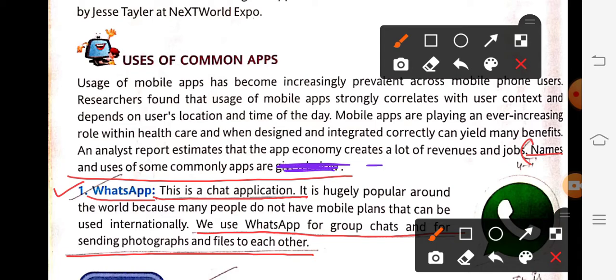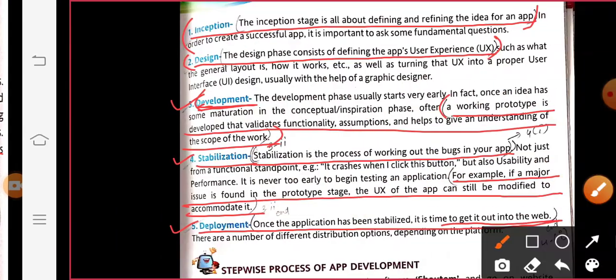R के बाद put the dash sign R, उसके बाद give the first point WhatsApp, और जहाँ पे भी रेड कलर है उसको लिखना है. WhatsApp, give the heading, write it: this is a chat application, full stop, and then in the same line you will continue, you will not change the line. Full stop के बाद उसी line में लिखना है: we use WhatsApp for group chats and sending photographs and files to each other. Okay, then next,